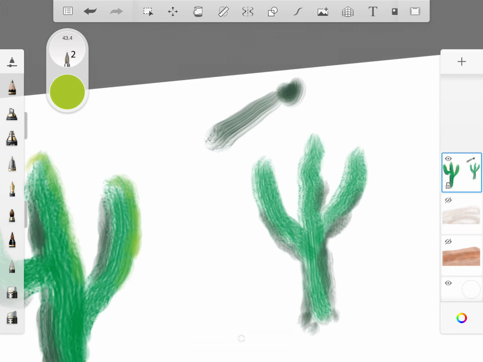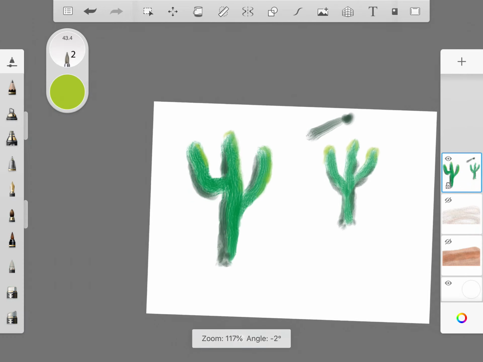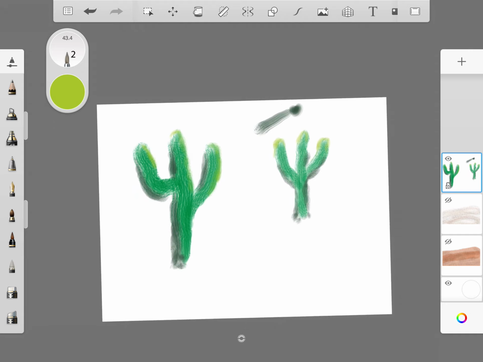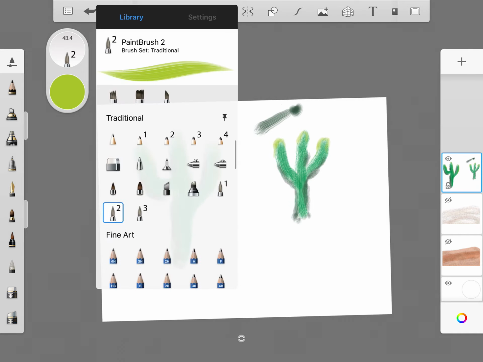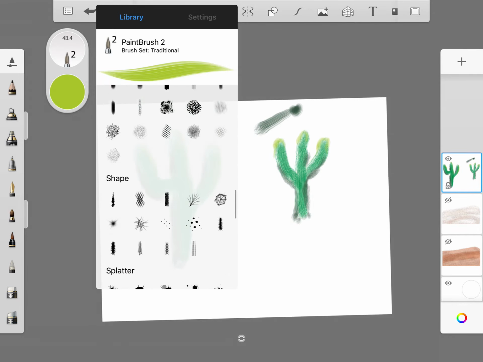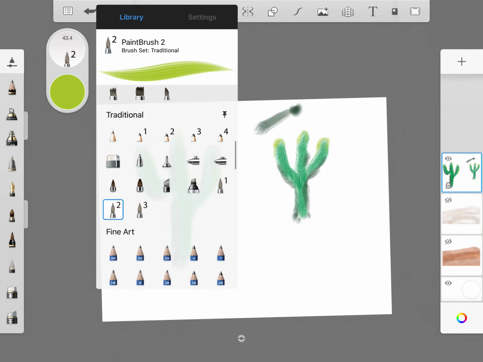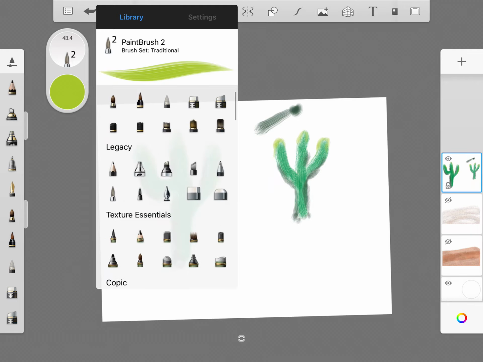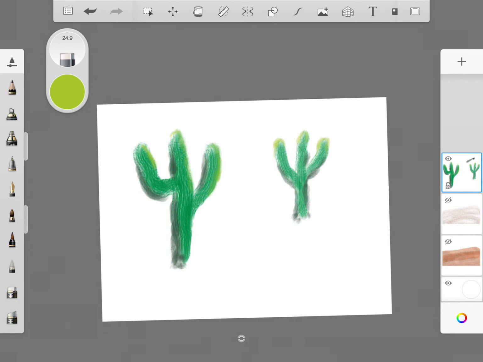And the same thing over here with this one. I'm just kind of touching it up a little bit. All right. And I do want to, where's that hard eraser? Right there. Take that off. So I've got my cactuses there,